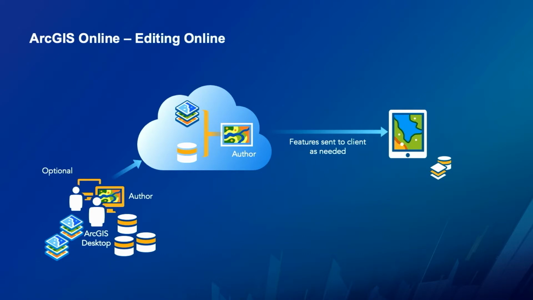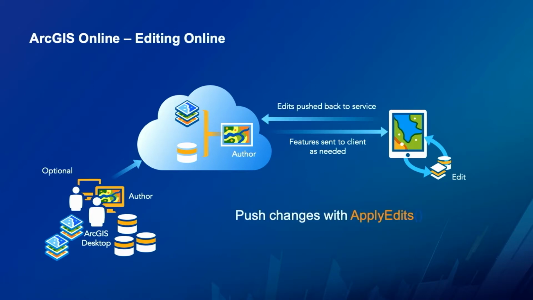There's another mode which is kind of a combination of these two. But typically just allowing the client to just retrieve the features when it's drawing them suits most use cases, because let's face it, when you want to edit a feature, you've probably drawn it in the first place. So you make edits to these features, and while you're editing them on the client, they're in memory. They're not being saved back to the service until you call apply edits, and that's when the features are pushed